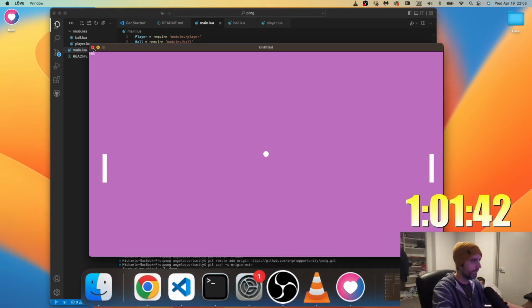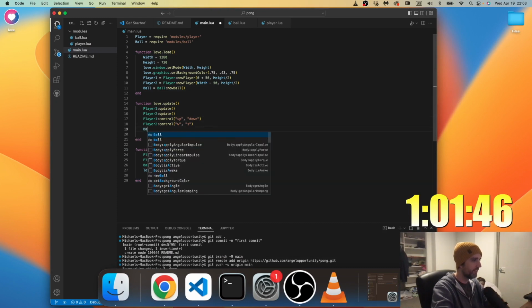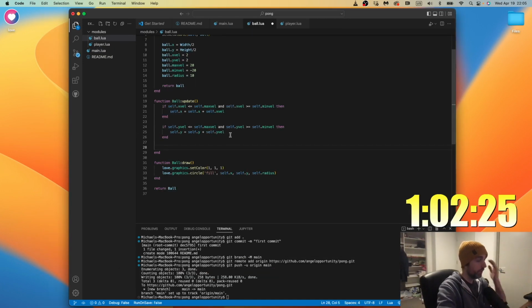Nothing. All right. Because we don't have update in here. Okay, I'm going to trust that my max velocity stuff is working. It might not be. I'm just going to try to code in the collision section and make it work.